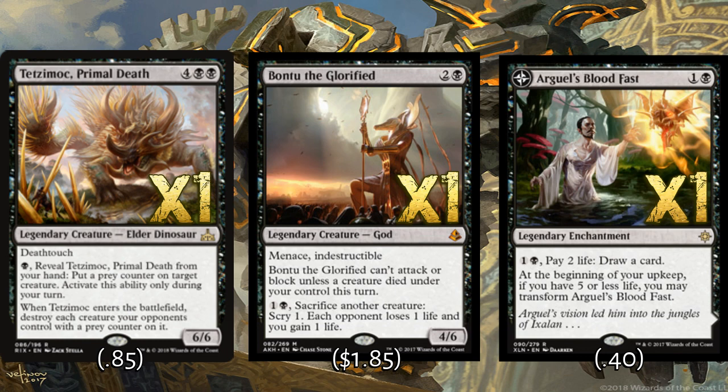I've already mentioned that we don't have a bunch of 3-drops. That is another cool thing Bantu does, by the way, is it's a 5th 3-drop to help thin up, or to help fill up a thin slot. But, again, we don't have all the 3-drops, so there are going to be turns where if we have a Tetsamok in our hand, on turn 3, we'll play a 2-drop creature and use that 3rd mana to put a